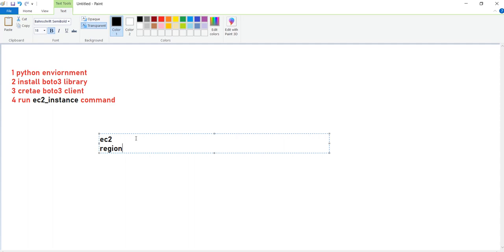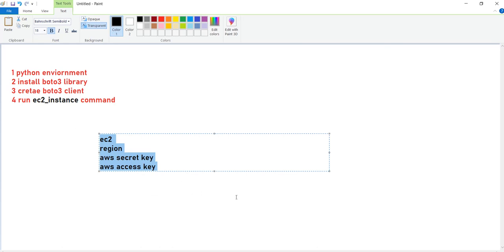For the same, you need to create AWS credentials. So you require the AWS secret key and AWS access key. So these four things you need to configure into the Boto 3 client.